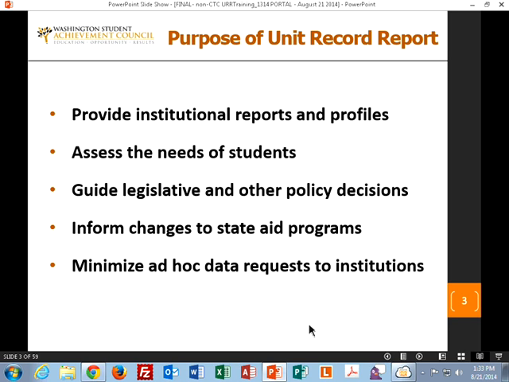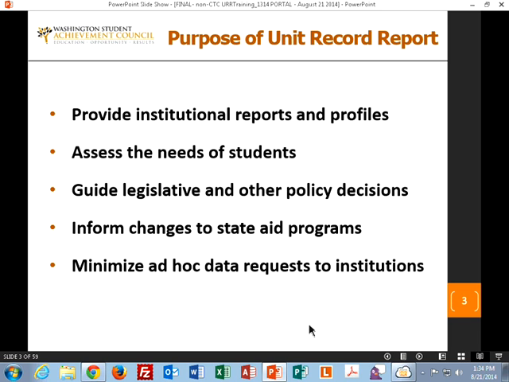So this provides a central repository for us and for other state data agencies who may be looking at ways to try to assess the needs of students. And for example, our director, Rochelle Sharp, will use this data a lot for working with committees and informing legislators and really trying to help shape the changes in student aid programs, document needs, document unmet needs, things of that nature.